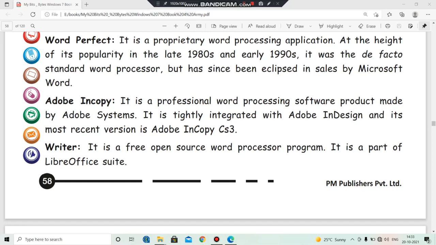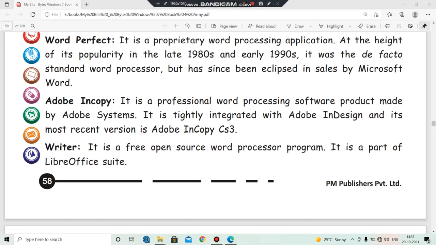They have introduced another version of Adobe InCopy which is known as CS3, and it is quite popular as well. So Adobe InCopy is another very important, well-known professional word processing software introduced by